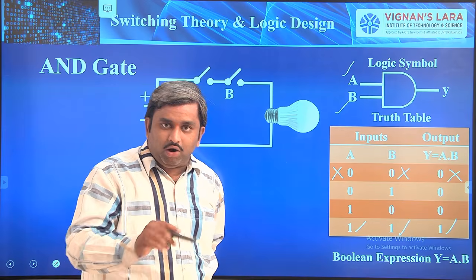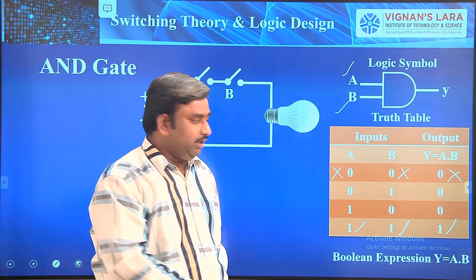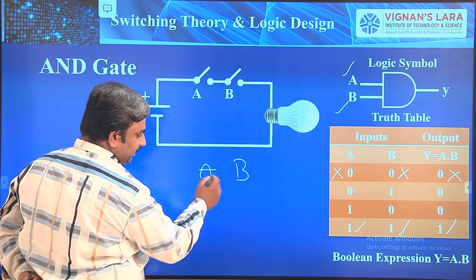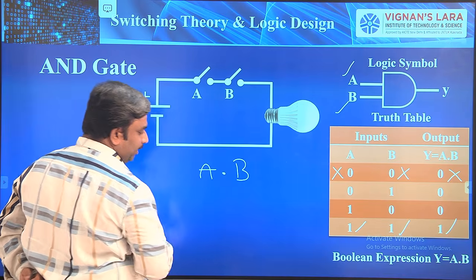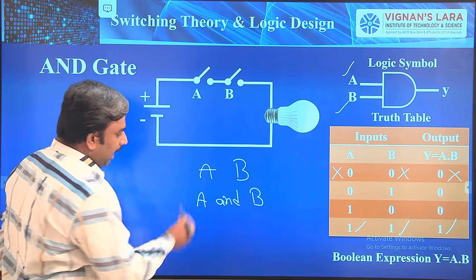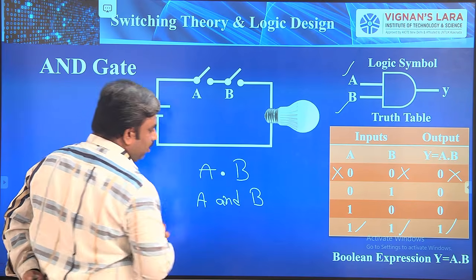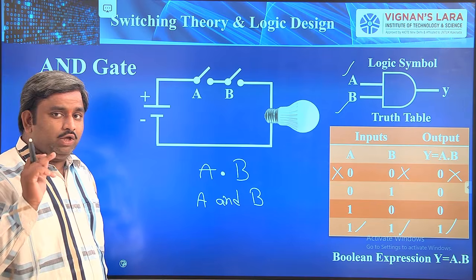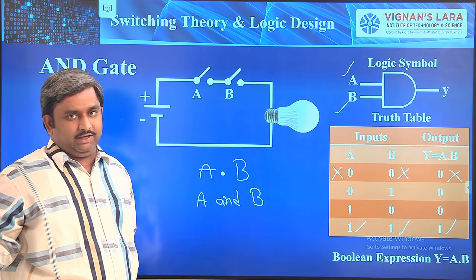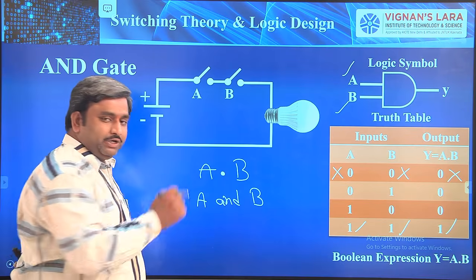Remember one thing, here we are not doing arithmetical operations. Arithmetical operations are different, logical operations are different. So generally the relation between these 2 is nothing but the AND operation. The AND operation we are representing with a dot symbol, A and B. See here, AND means logical operation, and we are representing the logical operation with a dot. This is very important. This dot is generally used for multiplication, for the product operation. But here the dot is representing the logical AND